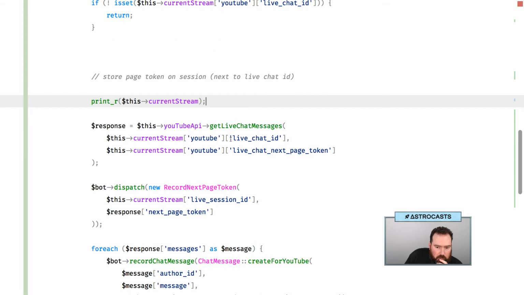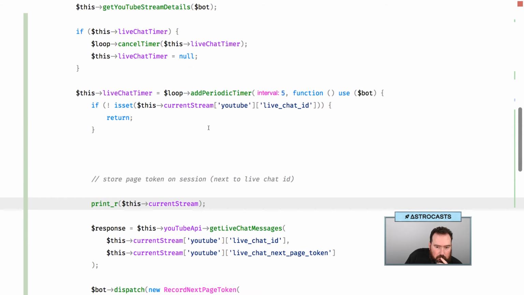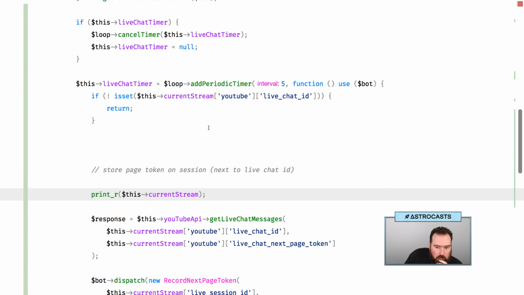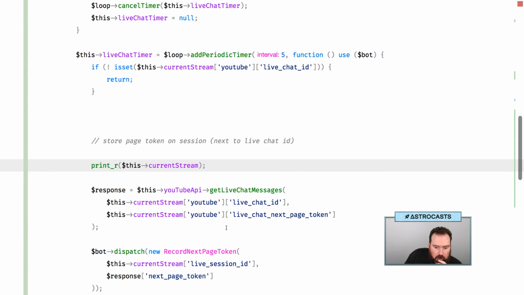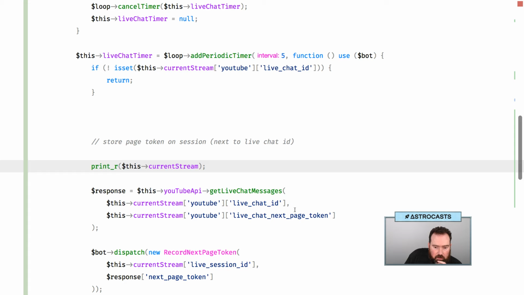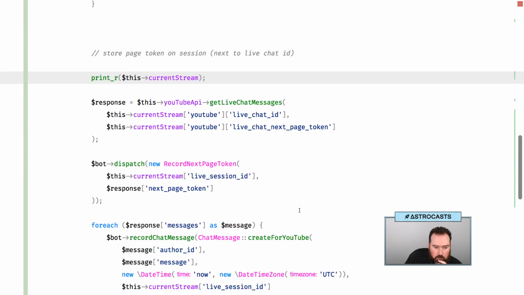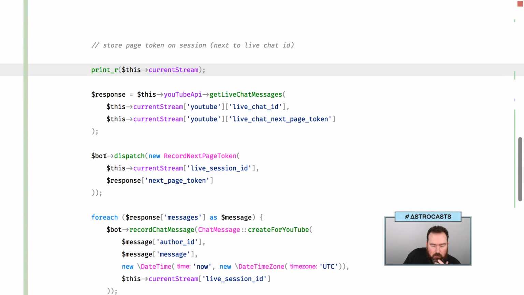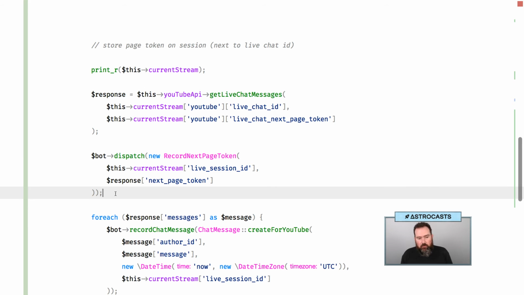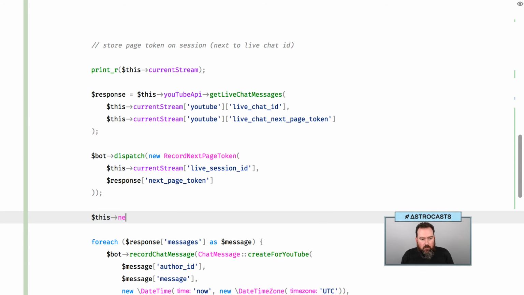What we could do potentially is get live chat messages. We could probably store our next page token locally. So in addition to dispatching it for future use, next page token equals